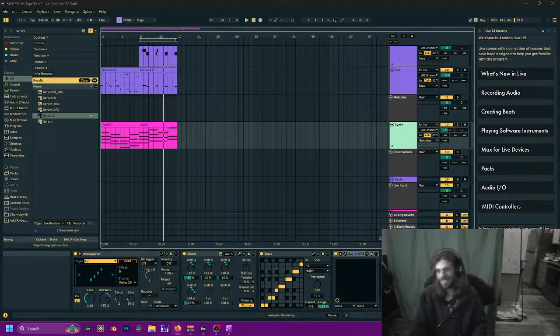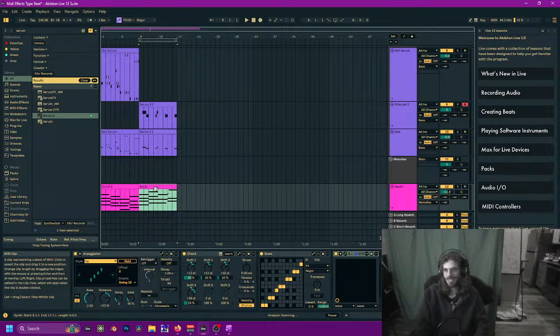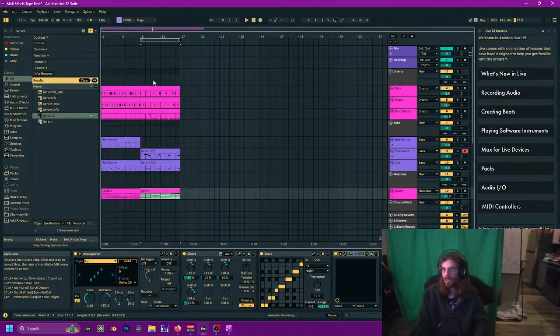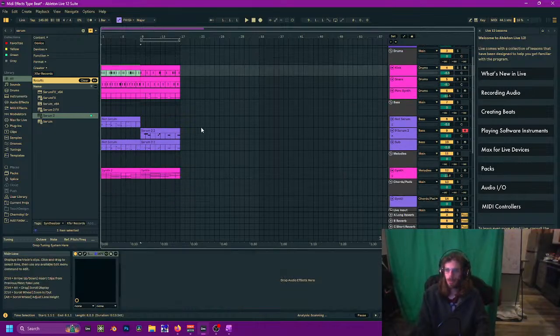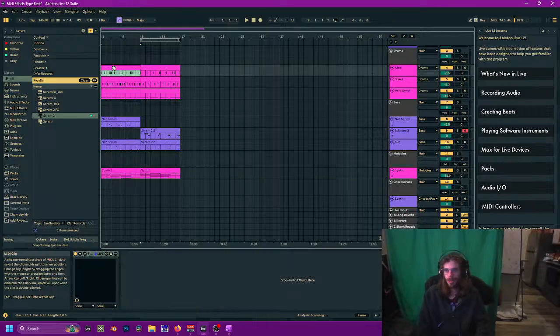But that's besides the point. I do actually like these two different sections. I'm probably going to change the speed for that second one, but first things first, I want to start arranging with what we have and then decide what else we need. So I'm going to name these. I'm going to call this K1,